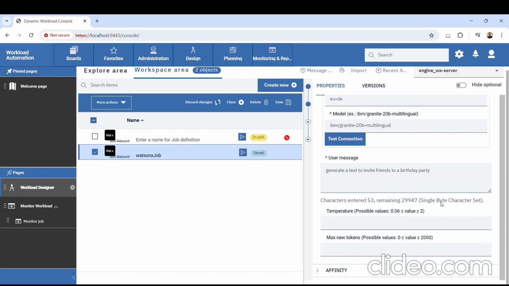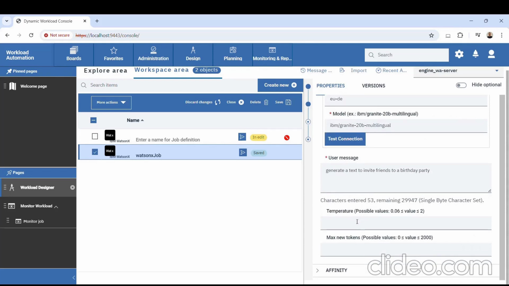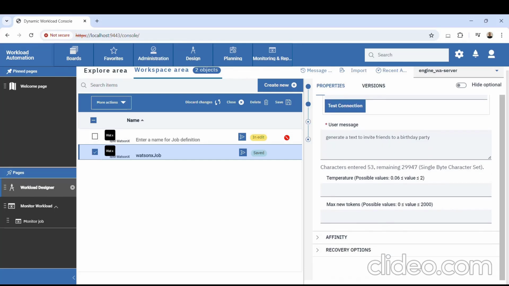We have other fields that are not mandatory. In this case, we have the username that is linked to the IBM WatsonX API key field, and the temperature and max new tokens. The temperature is the value used to modify the next token probabilities in sampling mode. And max new tokens is the maximum number of new tokens to be generated in our response. After we insert all these fields, we can save the job,